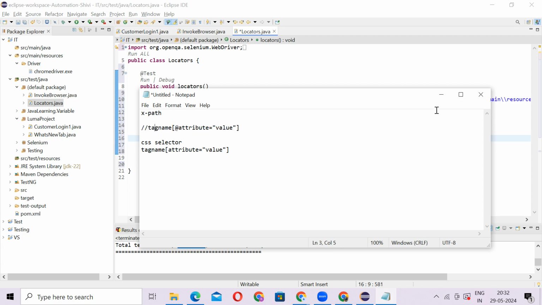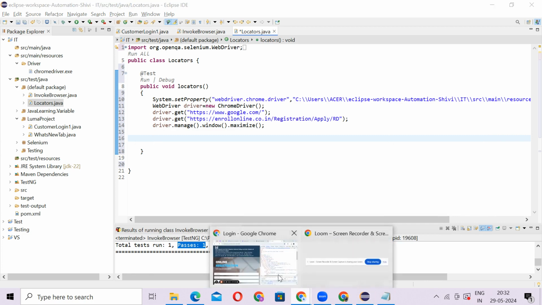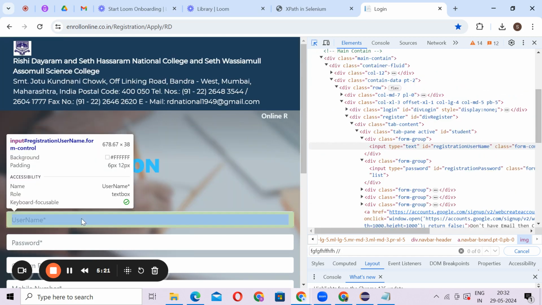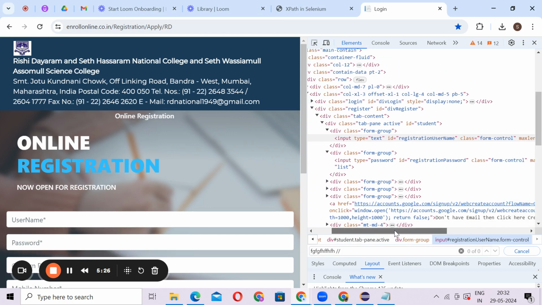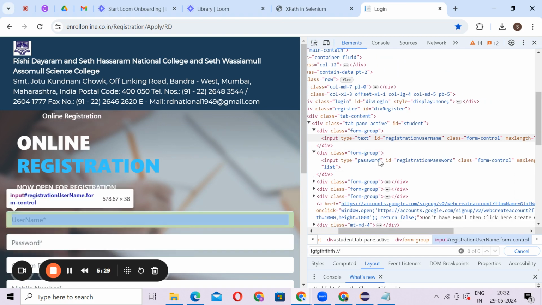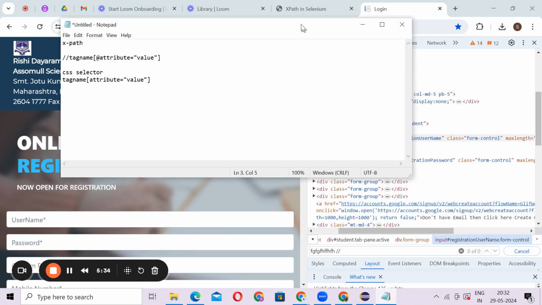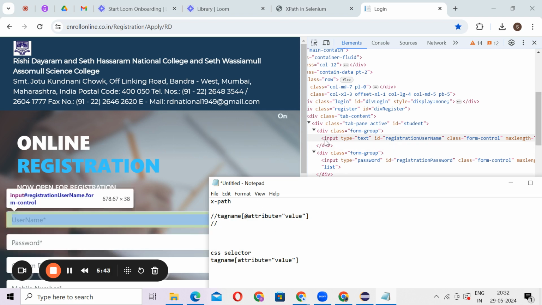Let's use this. Go to the page where we were last time. Now again click on this and click on username. If you come here, this line is the syntax for this field. What was our double slash? Just press here, I will write after this only. Double slash, then tag name, which means the starting point. You can see tag name means the starting keyword.